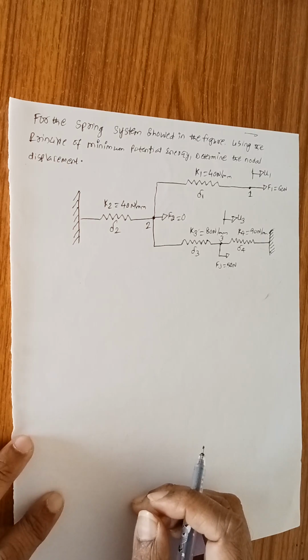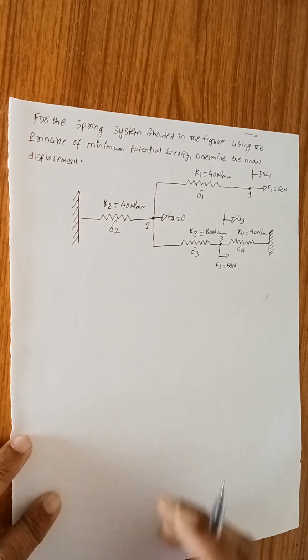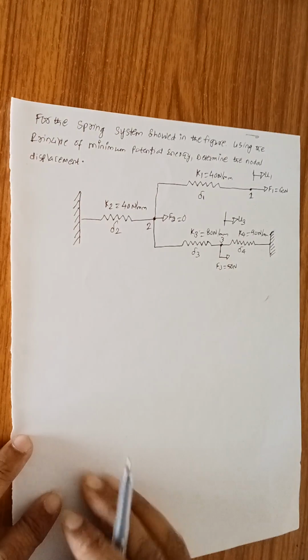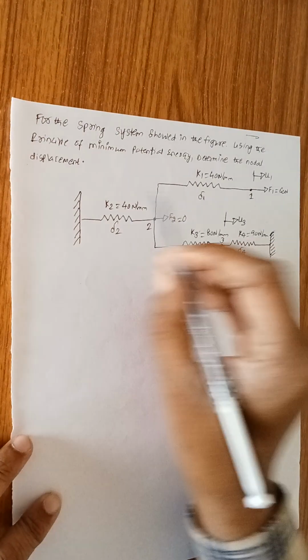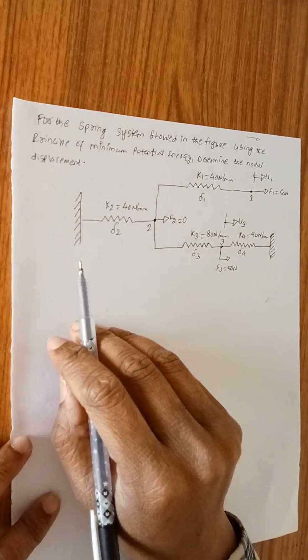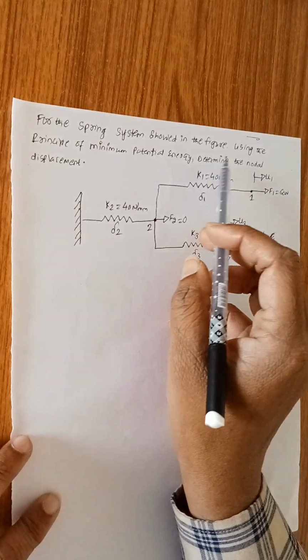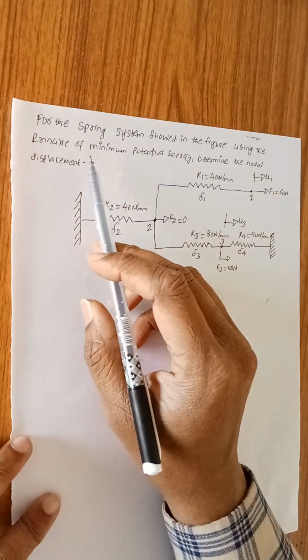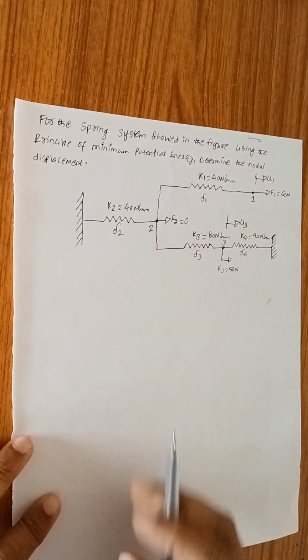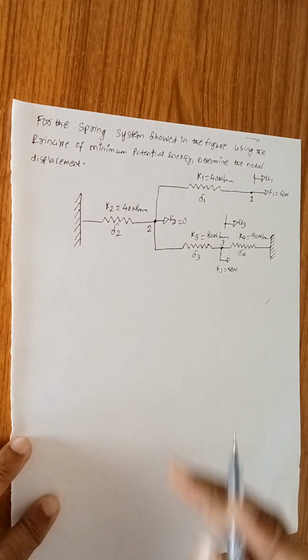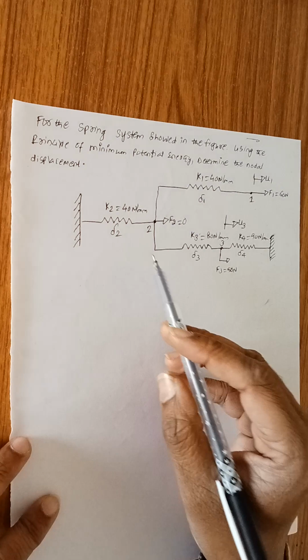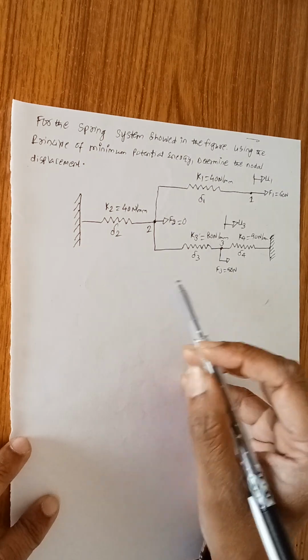Hello everyone, welcome to this class on finite element analysis, and in this class let's learn this problem on minimum potential energy, that is determining the nodal displacements using the principle of minimum potential energy. So the question is, for the spring system shown in the below figure, using the principle of minimum potential energy, determine the nodal displacements. So in the last problem we solved we had a spring system with totally 3 springs,